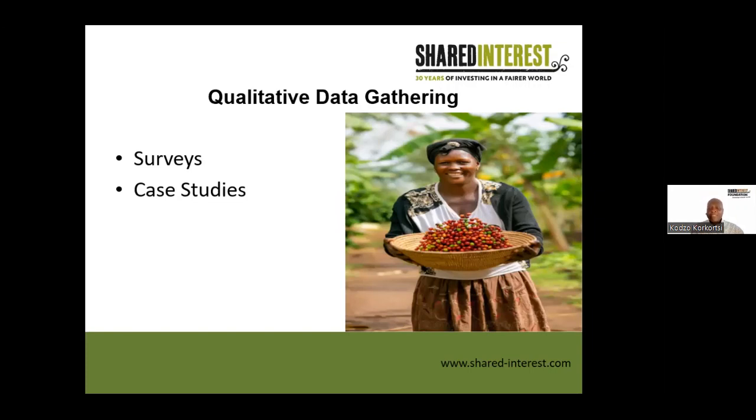And generally, when we are selecting this organization, we make sure that they have at least 5 years of business relationship with shared interest so that we can document the story over a period of time and being able to make some kind of attributions. So this year, for instance, we are carrying out 3 studies, 1 in Latin America and 2 in Africa. And 2 of these studies were featured in the 2022 social accounts.